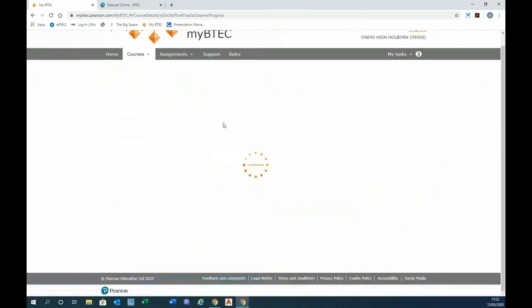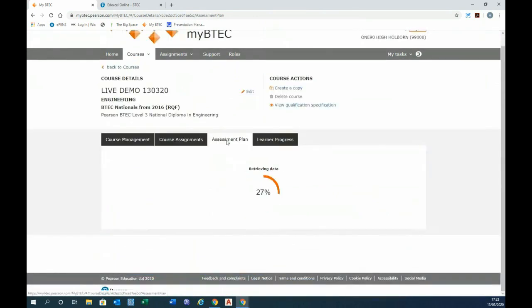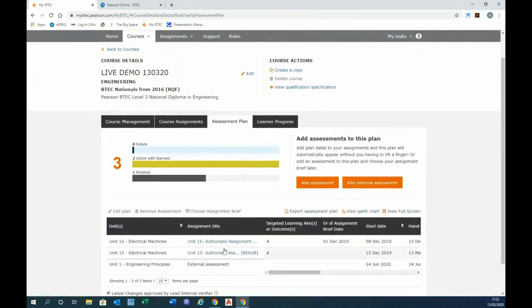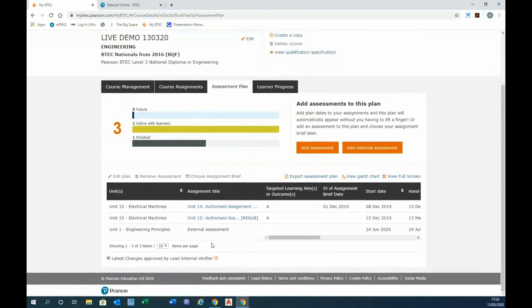The assessment plan we've seen, how that can be displayed in a Gantt chart, how when you enter numbers, either into your plan or into your assignment brief, it doesn't matter, those dates will end up on your assessment plan. If you notice down here as well, look, we've got a unit, the resubmitted assignment is